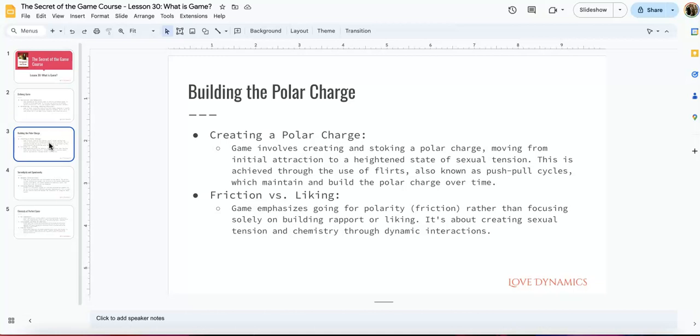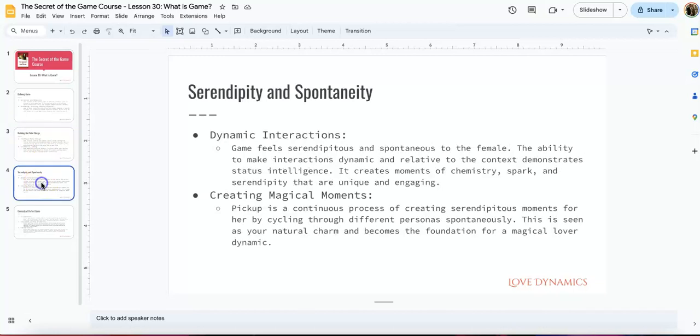And so the really big key here is going for friction rather than liking. So game emphasizes going for polarity, which is friction-based, rather than focusing solely on building rapport or liking. And it's about creating sexual tension and chemistry through dynamic interaction. So that's a big paradigm shift for guys, that it's more important to go for friction and polarity than it is for having her like you.